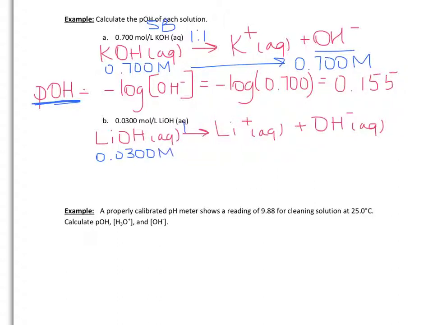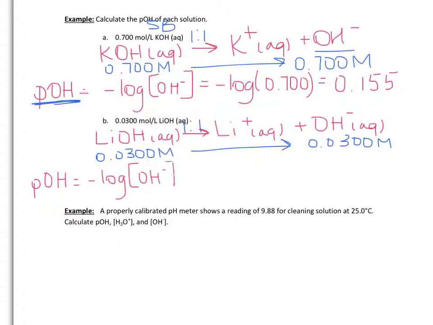Since lithium hydroxide and hydroxide have a 1-to-1 relationship, the concentration of hydroxide is also 0.0300 molar. So we can find pOH by using negative log of OH minus, which is negative log of